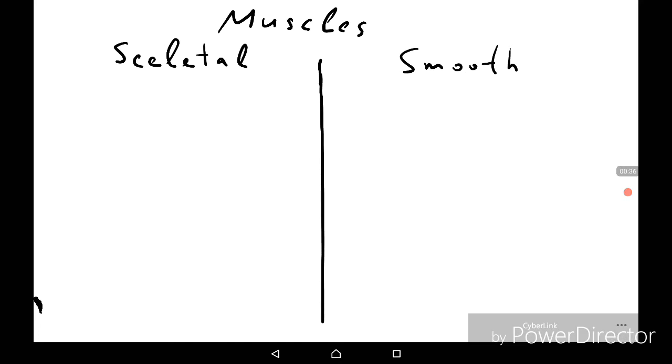Skeletal muscles are responsible for the physical activity, for walking, for movement of limbs. Smooth muscles are found in the internal organs, and they are producing the function of intestine, of the blood vessels, and so on. The structural unit of the skeletal muscle is the muscle fiber. Smooth muscles consist of cells, which are called myocytes.